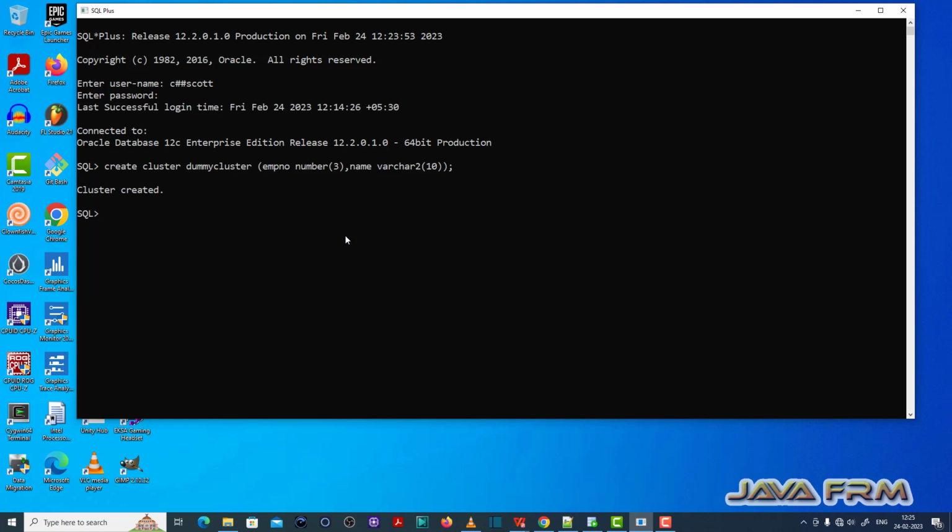So the cluster is created. Next, I am going to create one index for that dummy cluster. So: create index dummy_cluster_index on cluster dummy_cluster. Okay, index created. Now, third step, I am creating one table